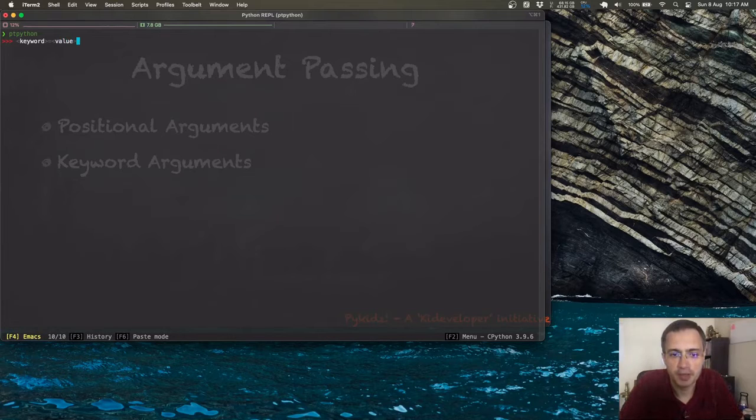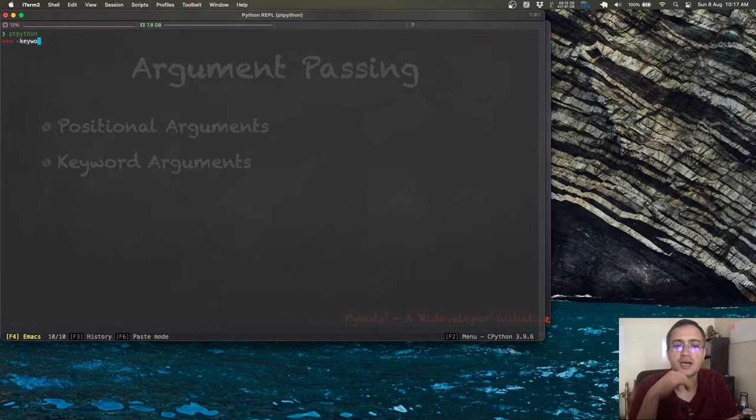This is the format, right? The keyword must match the name of the parameter in the function definition. So you would have defined the function somewhere. Now the keyword you are going to use to call the argument should be the same name as what you have in the function definition.